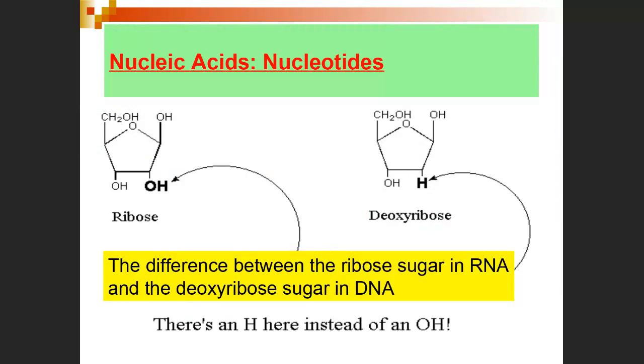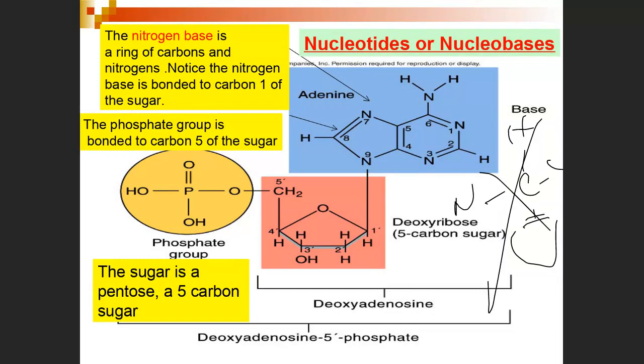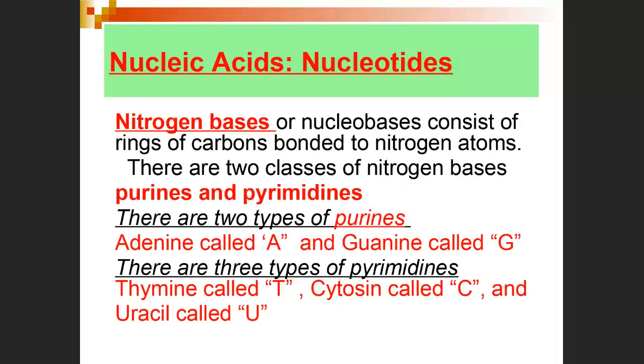And by the way, given a nucleotide, you should recognize that as a nucleotide. This cannot be an amino acid because it doesn't have the central carbon with the hydrogen and the nitrogenous group and the carboxyl group and then the R group. So that cannot be it. It has nitrogen, so that tells you it's not a carbohydrate, and lipids don't have nitrogens either, so it's not a lipid.